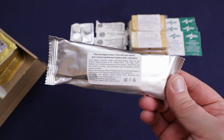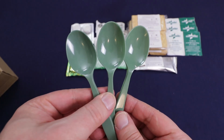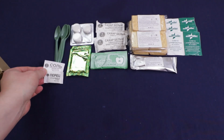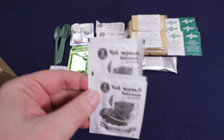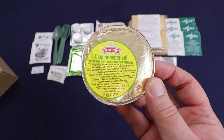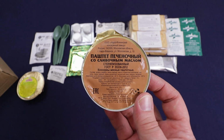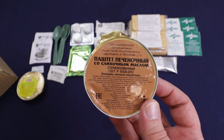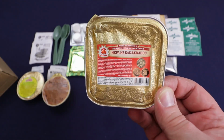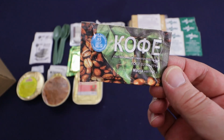We have a 50-gram prune and nut bar, or energy bar. I believe I've had that before. It was very good. We got 3 spoons. A packet of salt and pepper, 2 packs of black tea, 2 water purification tablets, a 100-gram container of cheese spread. This sounds really good. This is 100 grams of liver pate with butter, 100 grams of eggplant caviar, 6 matches with a striker, a package of instant coffee,